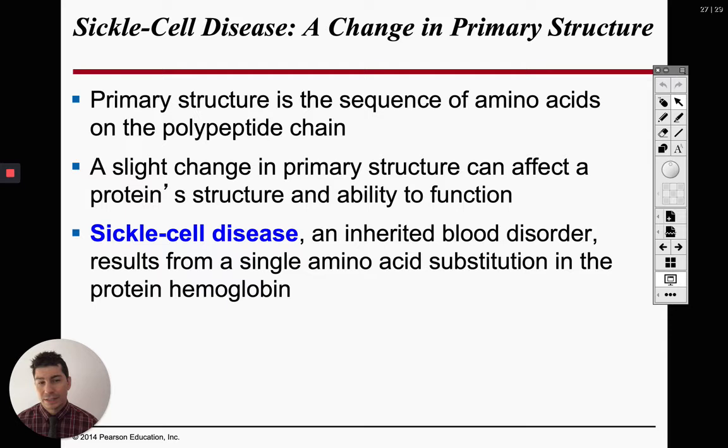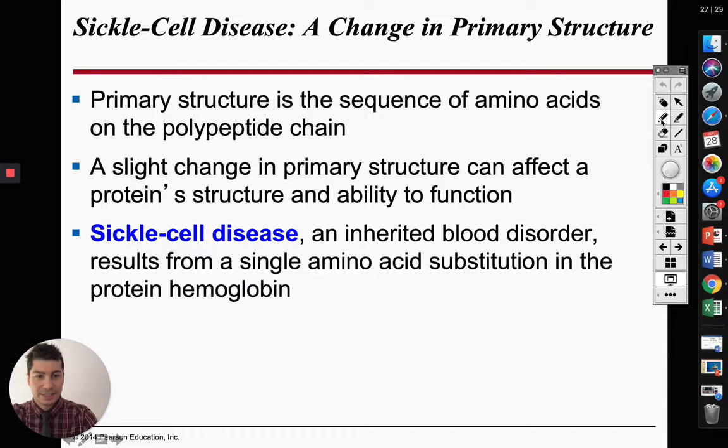So a normal red blood cell is going to be very circular, and it has a lot of surface area in order to bind our hemoglobin, which means it can carry a lot of oxygen. People who have sickle cell disease, a little bit different. Their red blood cells are actually in a sickle shape. And what I mean by this is they look